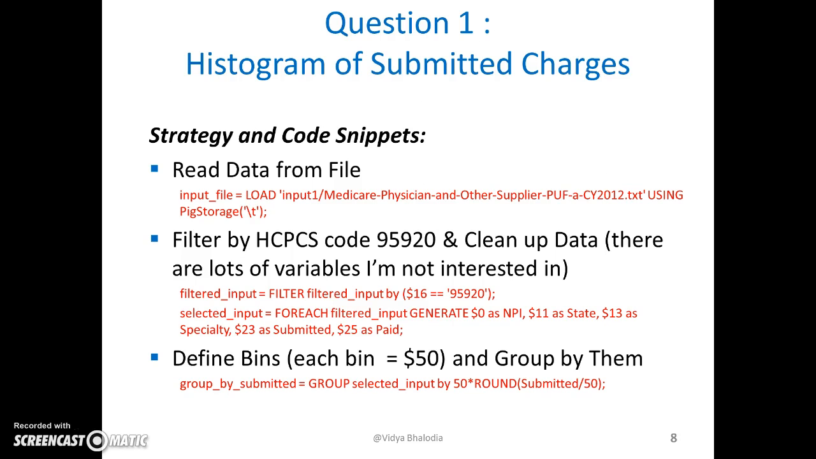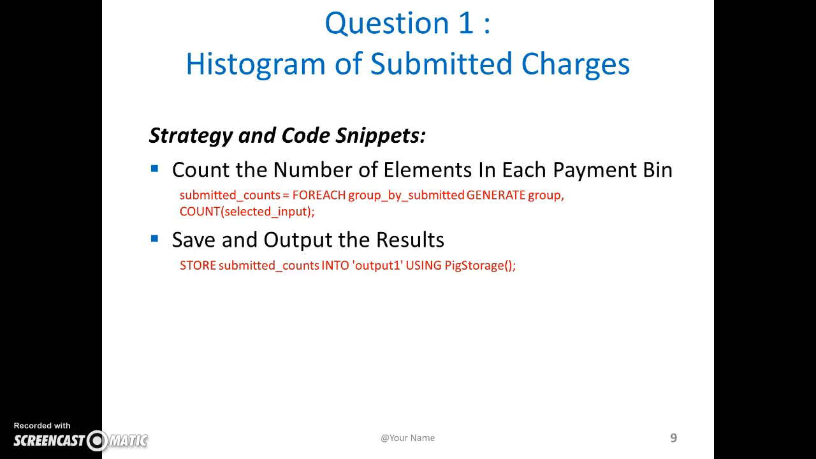So our first question is, we want to understand the distribution of submitted charges. We are going to create a simple histogram. We're going to read the data into the file using our load with PIG storage, we're going to filter by our code of interest 95920. We're going to select the variables that we're interested in. We're going to define bins of 50 and round and group each of the submitted charges into the nearest 50 and group by them. Then we'll count the number of elements in each bin,